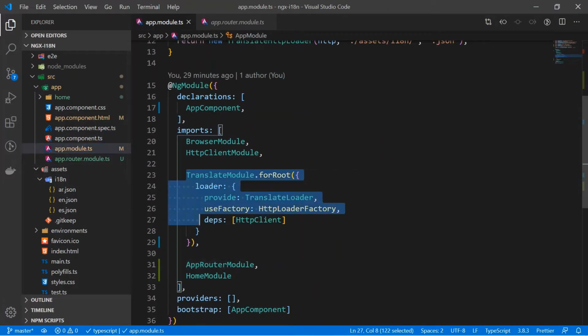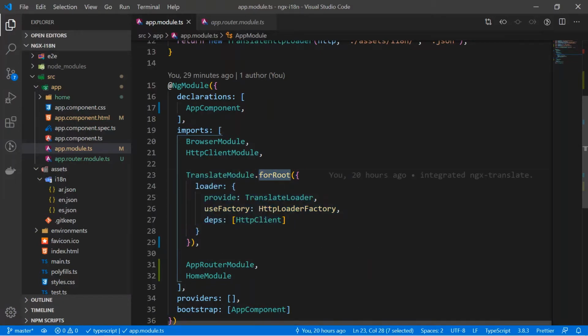Inside the lazy loaded module also we are going to configure in a similar fashion. Just instead of forRoot, we will have forChild, and there will be some extra things that we are going to do to achieve the translation. Okay, so let's get started.